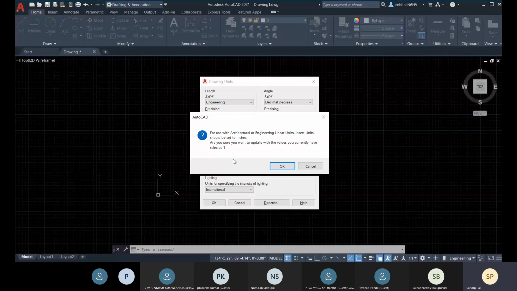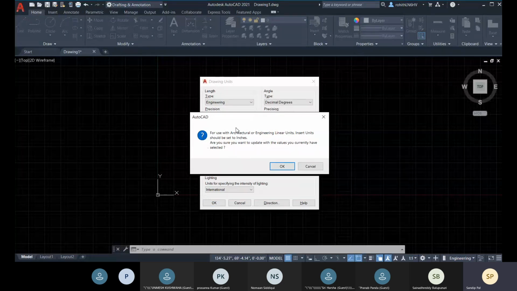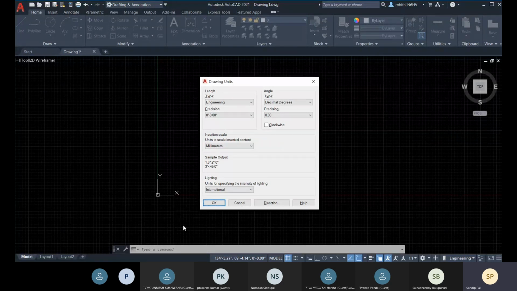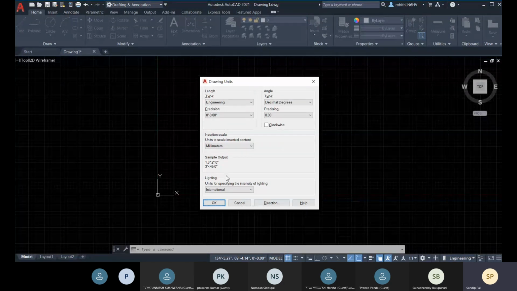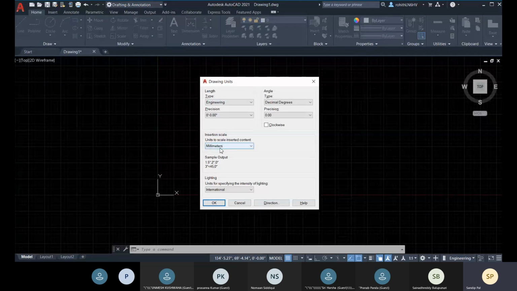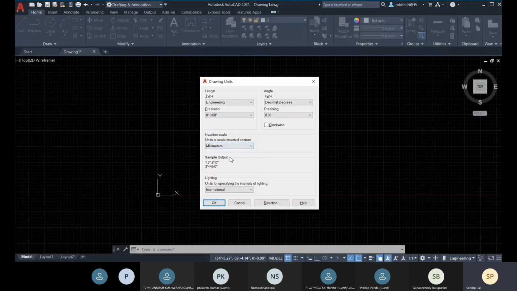And again, here it will ask you that if you are going with this engineering, it's better that you go with the insertion scale similarly with this length type, because it will mismatch when you are inserting into other drawings. There it will be inserted into millimeter, so it will scale to that millimeter.